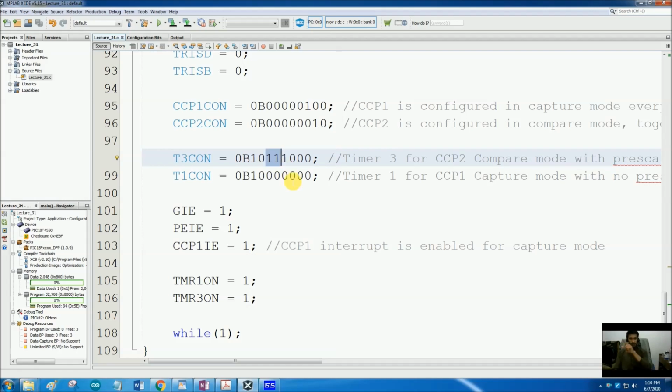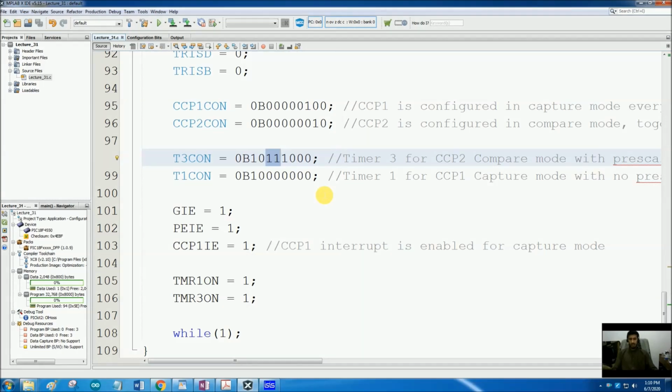So for half a second it would be 1, and for half a second it would be 0, and then again for half a second it would be 1. So it will be a periodic waveform with a time period of approximately 1.05 seconds with a 50% duty cycle, 0.5 seconds on and 0.5 seconds off.